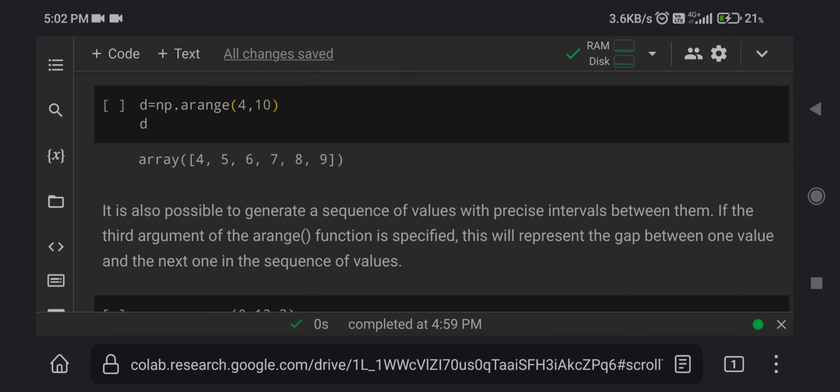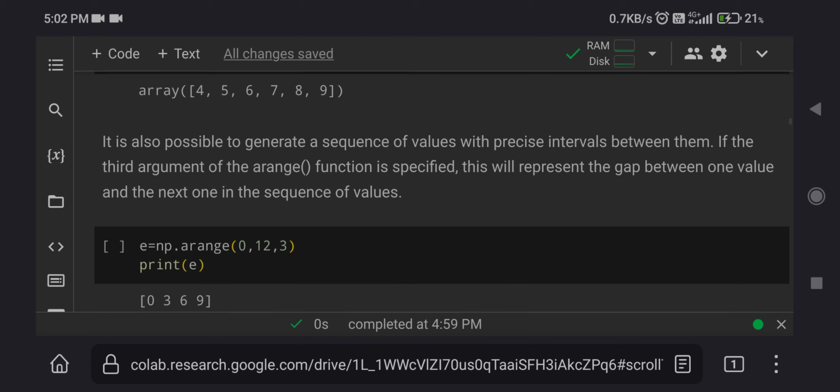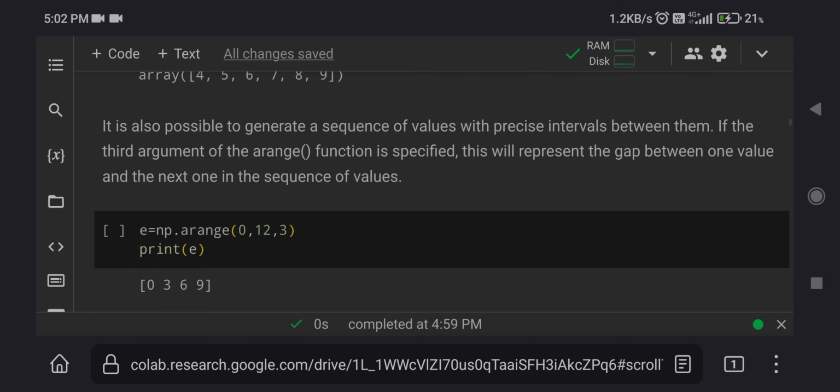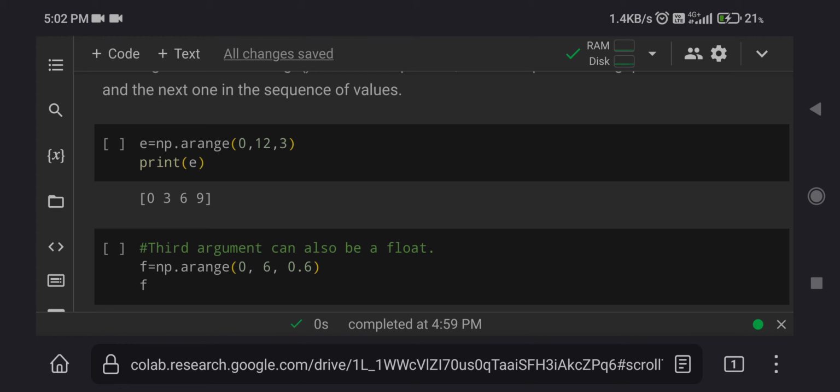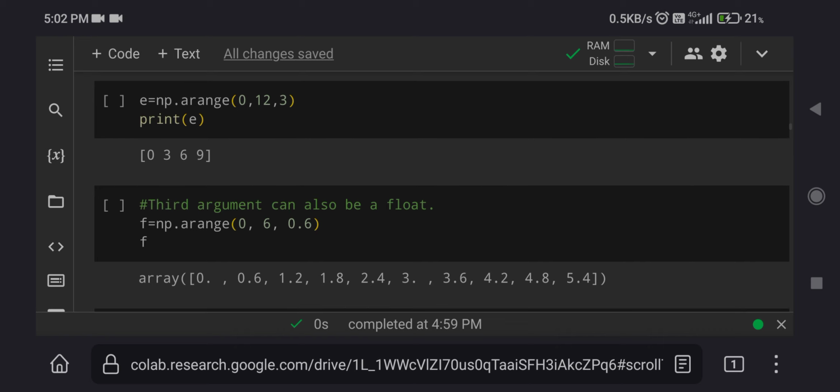We can also specify the interval between these values. The interval between 4 and 5 by default is 1, but we can specify the interval also. Using arange 0 comma 12 comma 3, we have specified an interval of 3. So between all the values there will be an interval of 3.